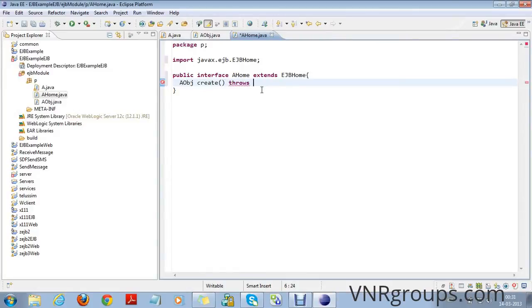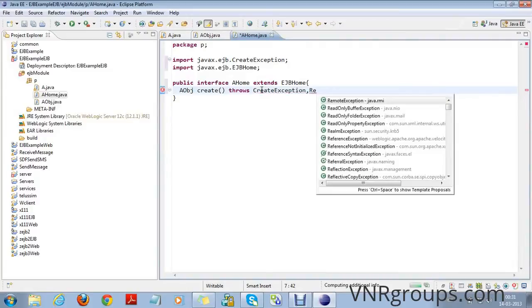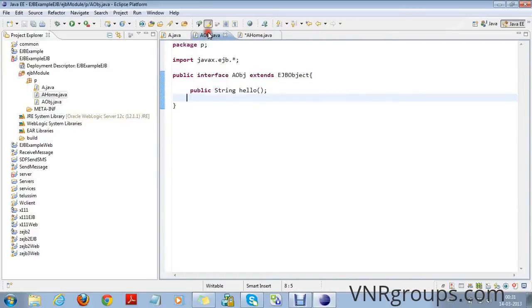And all these methods will be called remotely, so they must throw remote exception, and create method also throws create exception. The business method should throw remote exception.